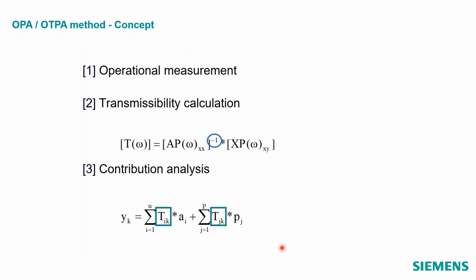So in operational path analysis, it's all operational data. You would have microphones in the car for your targets, accelerometers wherever you have a target, like a steering wheel or a seat track. Then you put accelerometers on the passive sides of the mounts, and you get all of those transmissibilities. And then we multiply it by the accelerations at those same passive sides of the mounts to get the contributions. And we sum up those for the structural loads, and we sum those up for the airborne loads, and we get the total response.